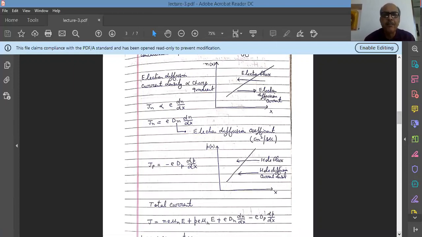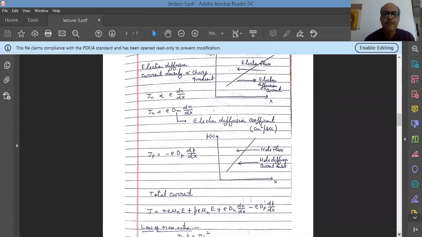But here I have written basically the total current into a semiconductor, and that current is given by the sum of the drift current due to the electron, drift current due to the hole, the diffusion current due to the electron, and diffusion current due to the holes. You can write down both the currents separately and then put them together as J is equal to J due to the electron and J due to the holes. So these are the two mechanisms, that is drift and diffusion, which are very important.